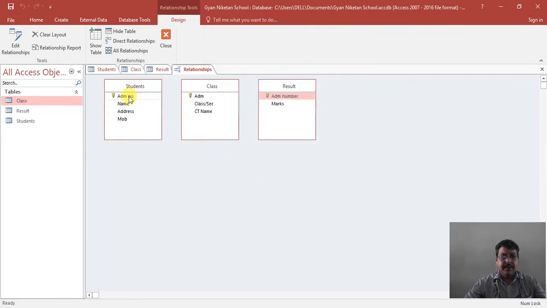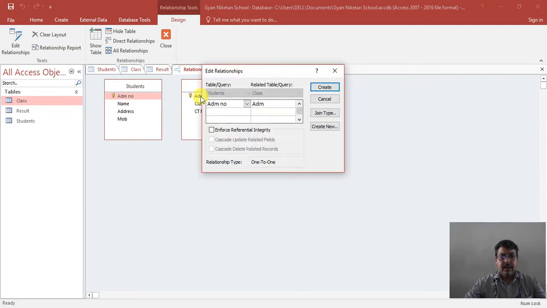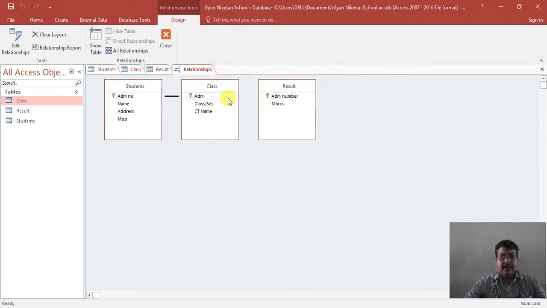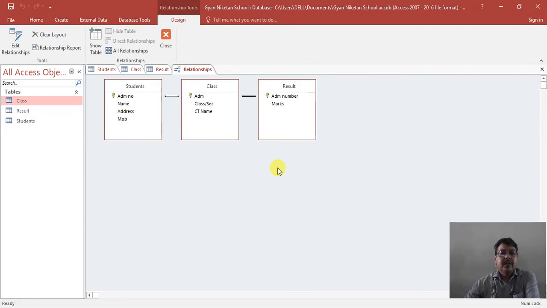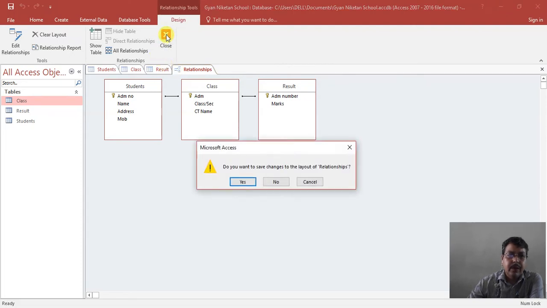Then press the ADM number and drag it to this ADM, and click on create. You can create a relationship on the basis of a common field in both the tables. After creating the common field, you close it.